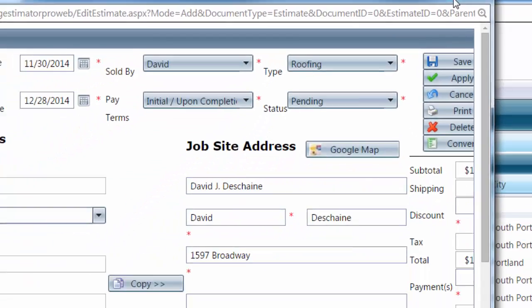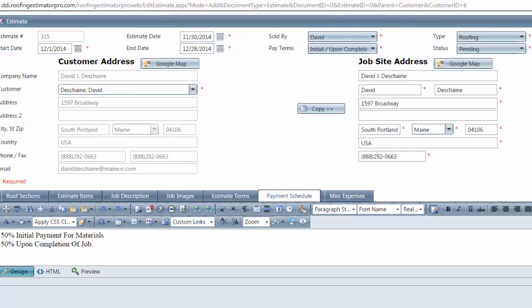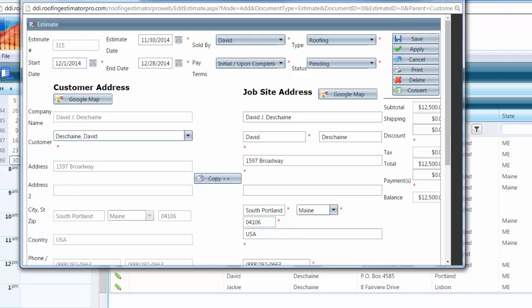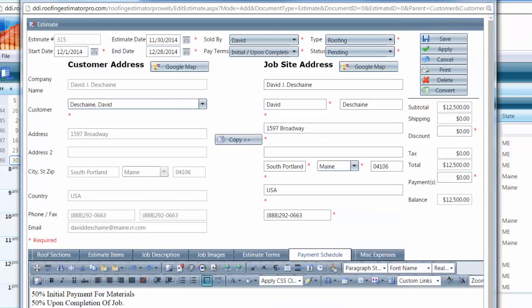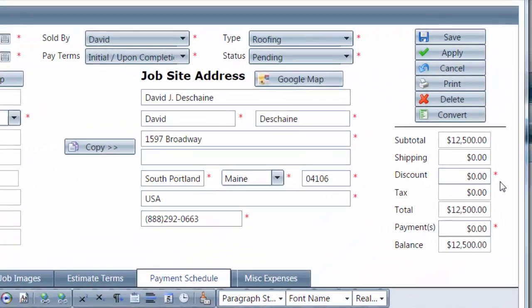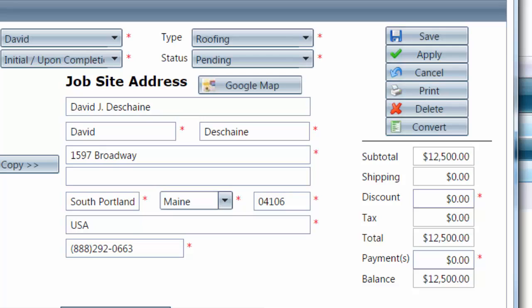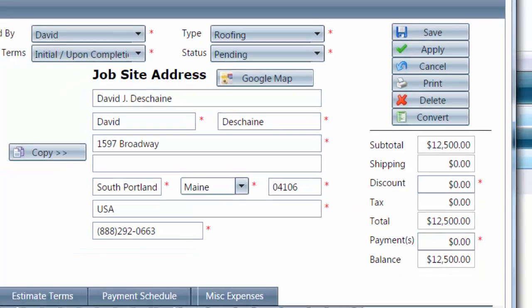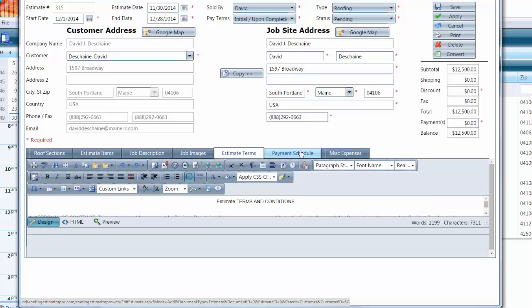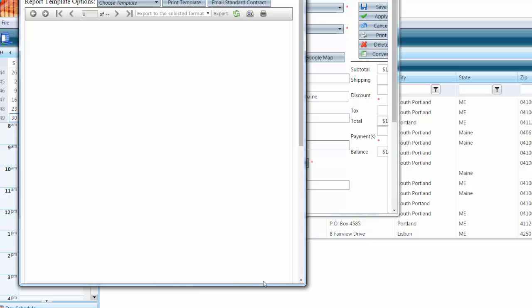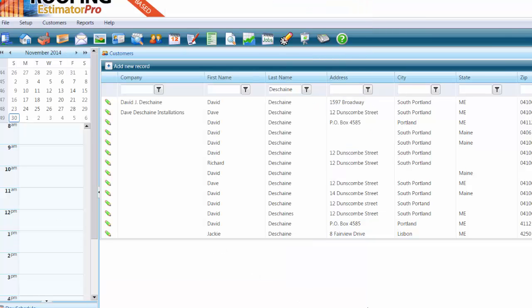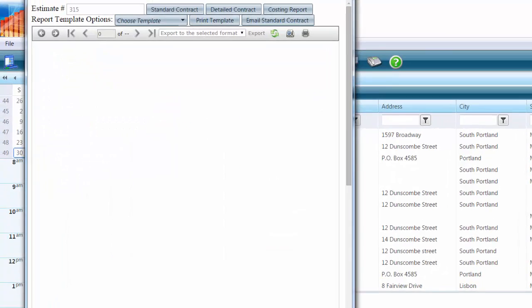So now that contract has been created. The proposal's all ready to go. Let's go ahead and minimize that and go to print the contract. So this is all done. The estimate type's in there, job description, everything looks good, and let's go ahead and hit print. So it's going to bring up the standard printer contract area, and that will also give you, if you have